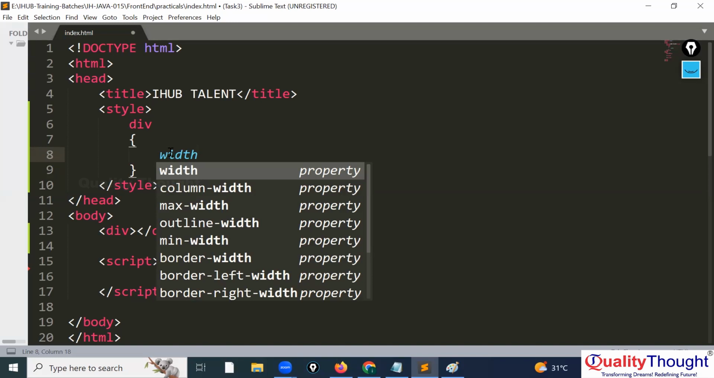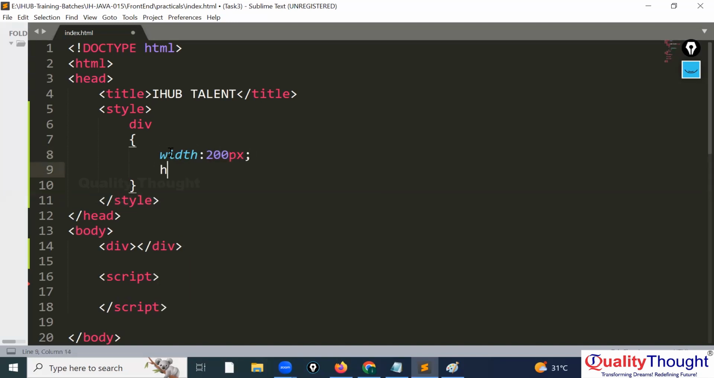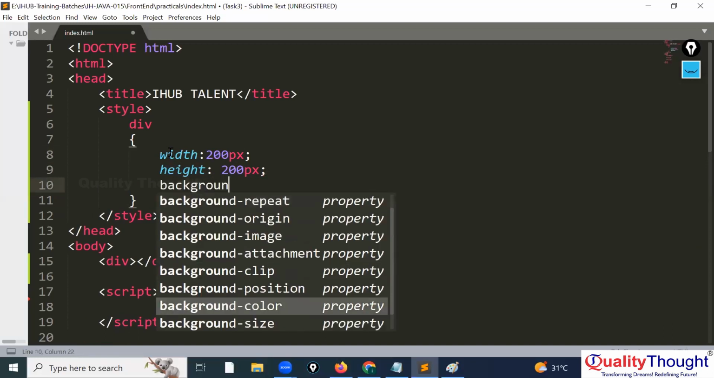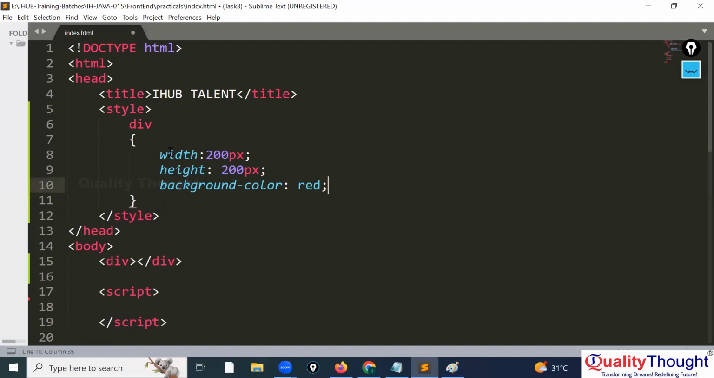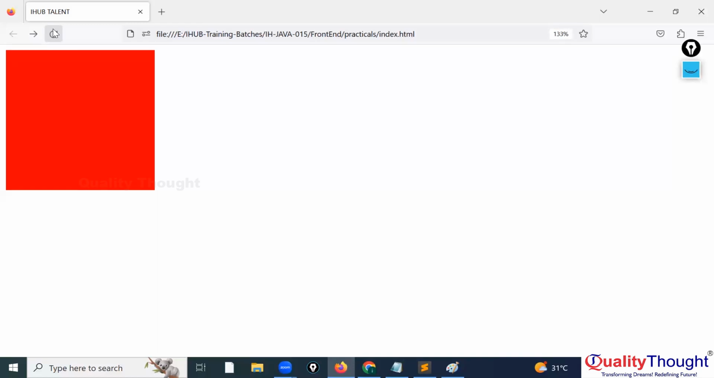So see this width I'm giving, how much? Let's say 200 pixels. Height I'm giving what here? 200 pixels. Background color I'm giving what here? Red. So how it looks, we will see. Yep, it's looking nice. Div is created. So now what is my requirement is,